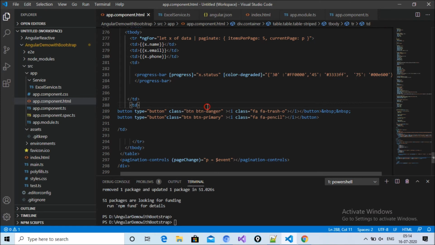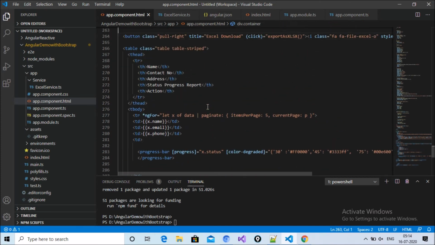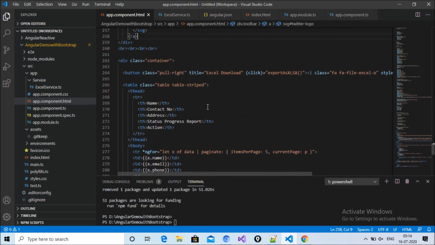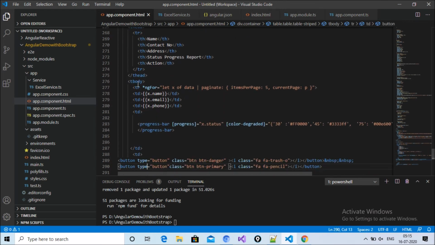And you can see that this is my table, with table classes td, th, tr, and after that inside tr I implemented the data, which comes inside the data, using ng repeat to display this record inside the td: x.name, x.email, x.phone like that.